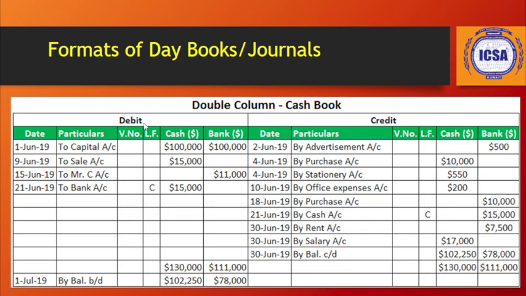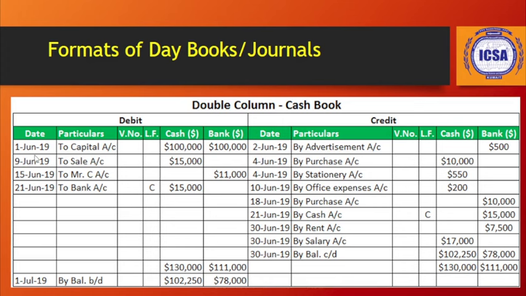On the debit side, we can see the same number of columns are drawn as are drawn on the credit side. And what are the main particulars which are being recorded here? The first column shows the date. Date is very important, and we can see in all the following formats which we are going to discuss, you will observe the main thing that